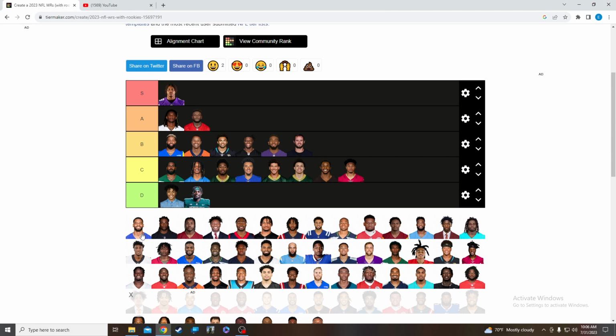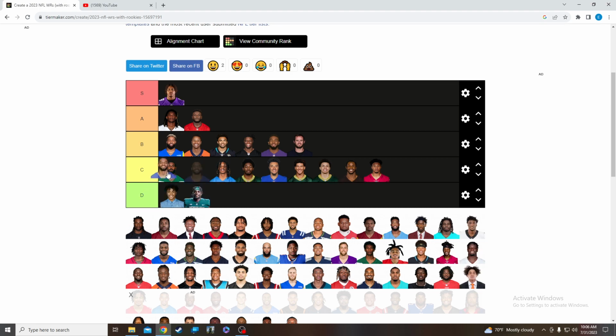I think this is Darius Slayton. Darius Slayton, if that is Darius Slayton, goes there. Darius Slayton, a guy whose game is mostly oriented around getting down the field. Just needs to make sure he doesn't stay nicked up and stuff like that. I actually think Darius Slayton's solid. But most of his game is predicated on getting